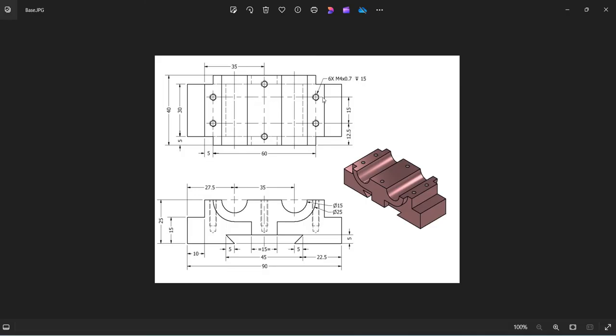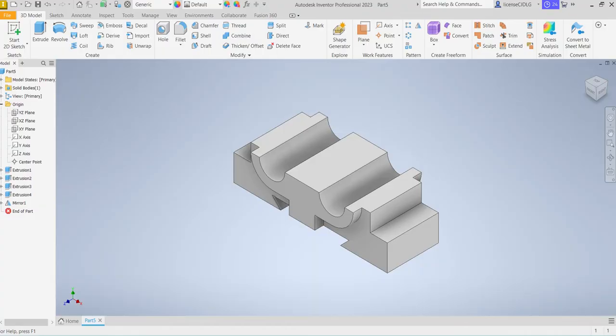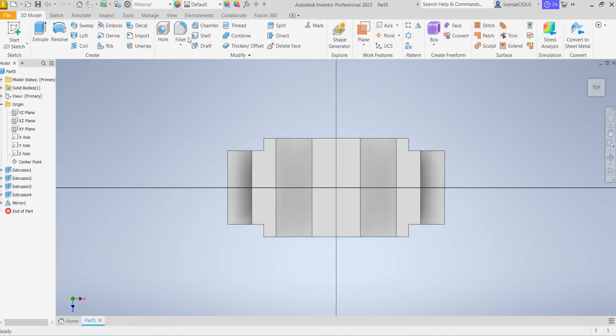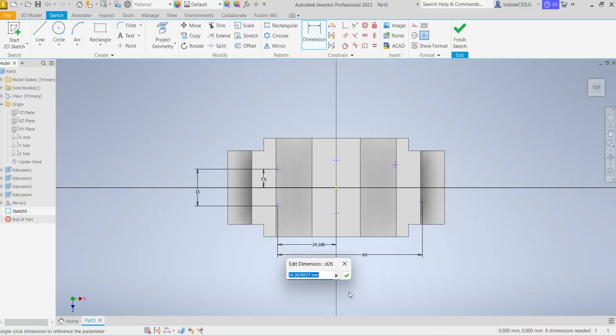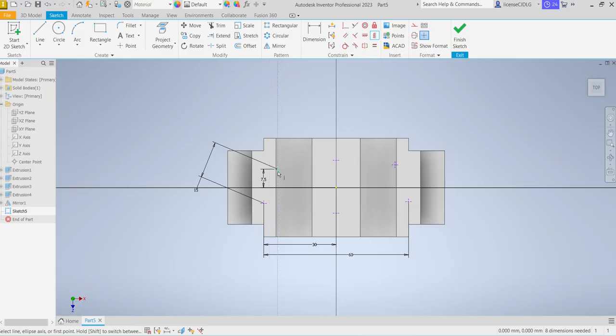So next there are 6 holes, M4. Select this surface, sketch, select the point, give 6 points, give the dimension here to here 15, here to here 7.5. This pitch is 60, here to here 30 mm. Next select constraints,